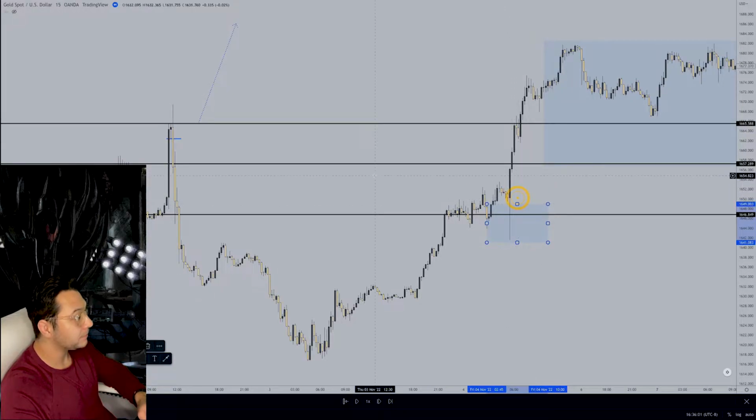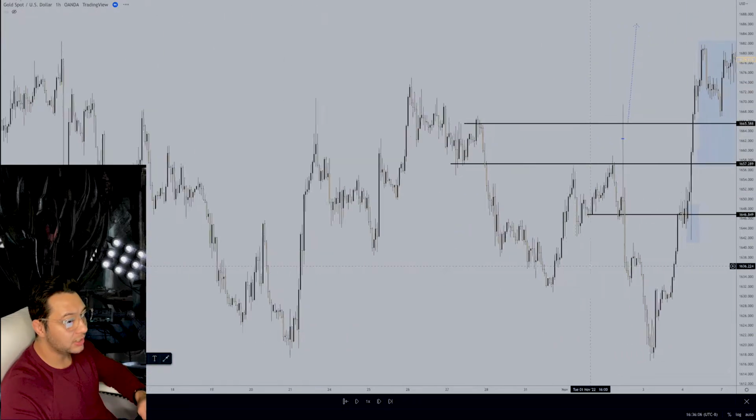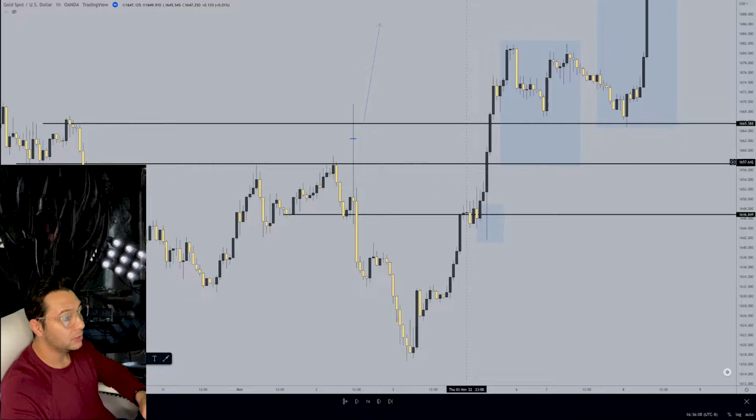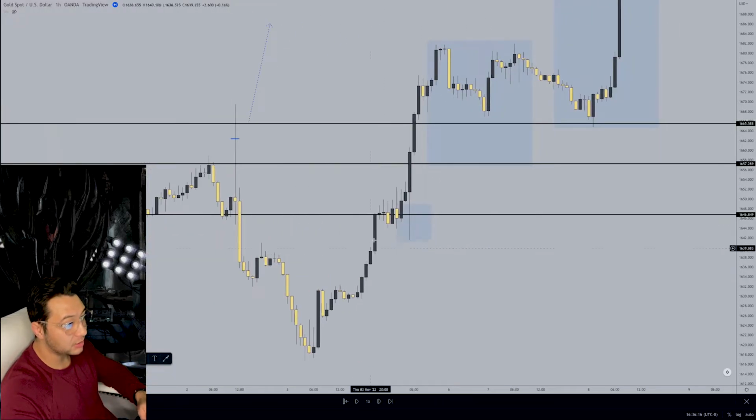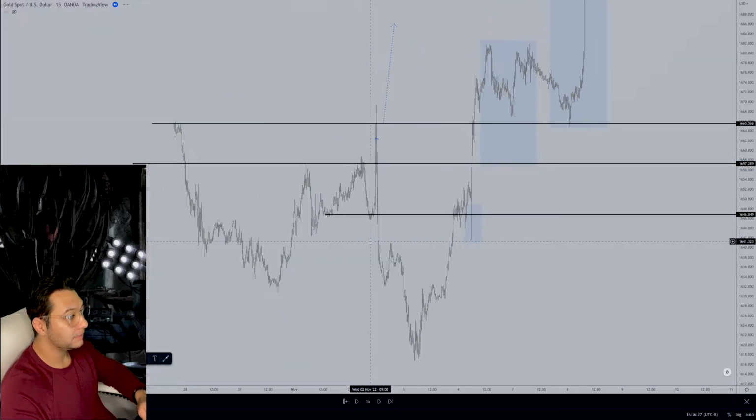So I'm going to go to the 1 hour. This wick that I have highlighted right here is this wick right here for this bullish move. So you can see there's a liquidity sweep. It took out these highs, came up to here, retested, and then dropped back down. Same exact thing, except it took out the lows, and then now it's going back higher. So as you can see, false breakout to the downside. This is a sell trap, okay? So now,